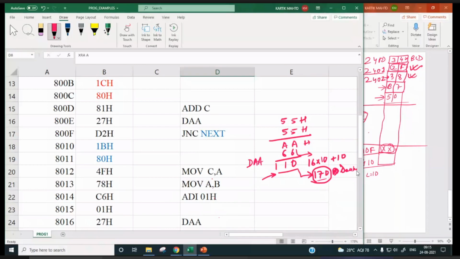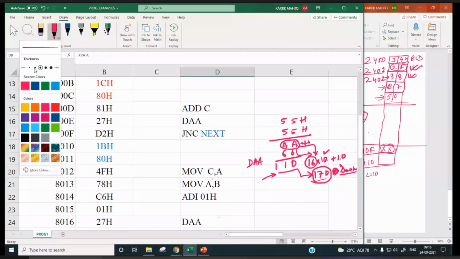Okay. Now if we add 55 and 55, then the result will be AAH, no? Now if you find the corresponding decimal value, A stands for 10, so 16 into 10 plus this 10. So it will be 170 in decimal.